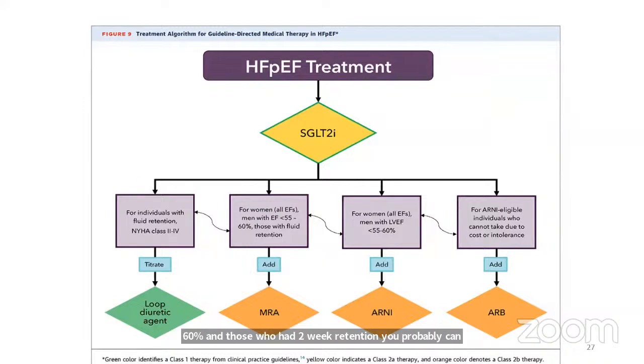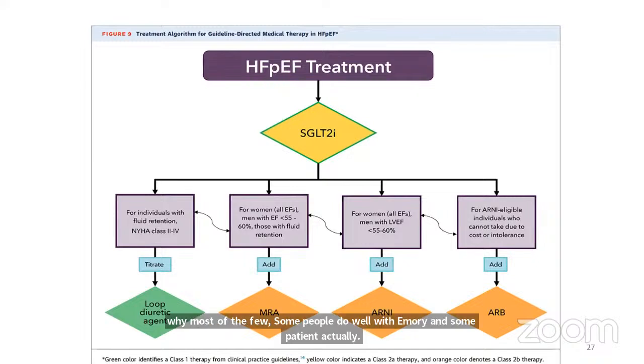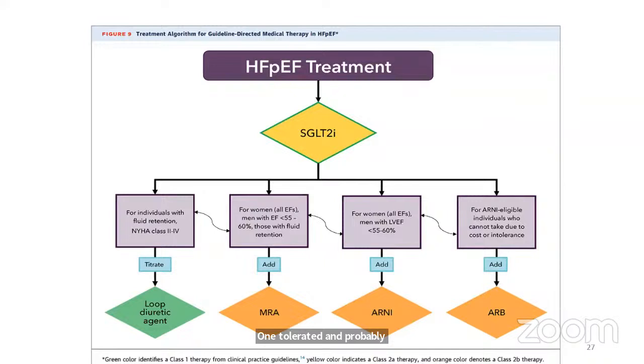Why? Most heart failure with preserved ejection fraction patients have a few phenotypes. Some patients do well with MRA and some patients actually can't tolerate it and probably the symptoms will worsen. So until proper studies on each phenotype of heart failure with preserved ejection fraction are out, I think we can probably use this as a guide, especially when your patient is very symptomatic. No harm trying. But the most important part is to give